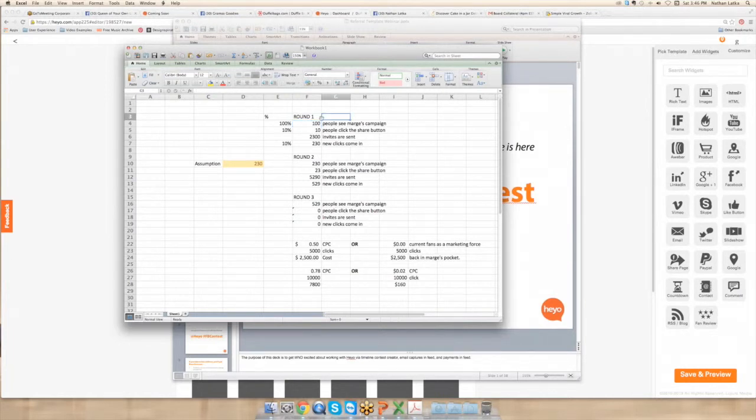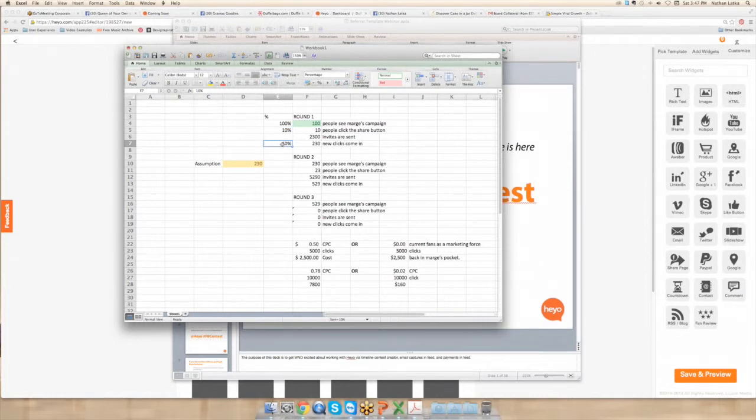That's all. So guess what? You see this cell right here that says 100? That's all the work that you have to do to kick off all these rounds. Remember, this round, that 100 gets 10 people to click the share, to send 2,300 invites, to get 230 new clicks. Then those 230 new clicks do the extra work. Then the 529 does the extra work. So as long as you can get it started the right way, the intelligence that we've built into the template should propagate and help you make sure that these ratios hold out.